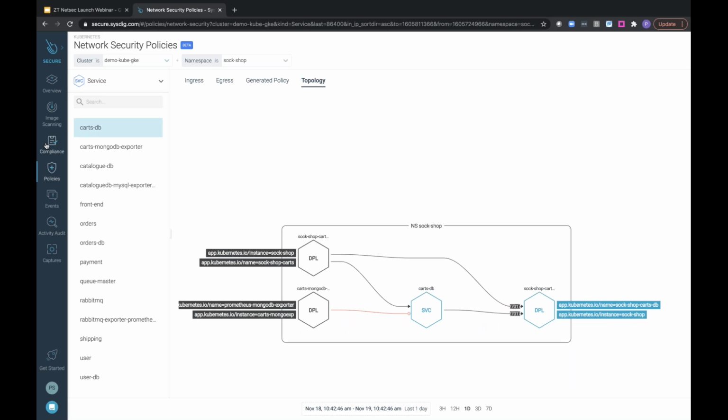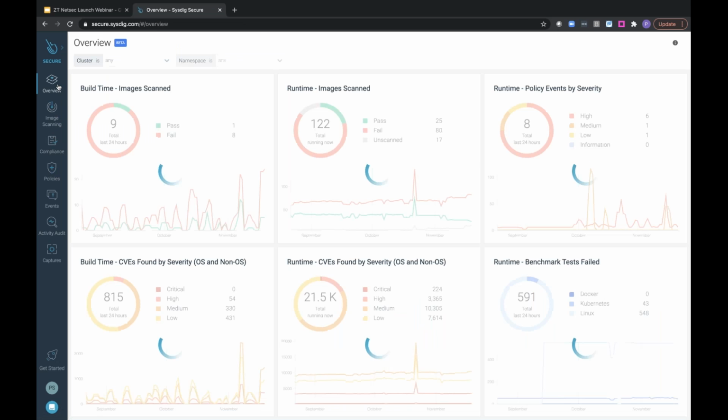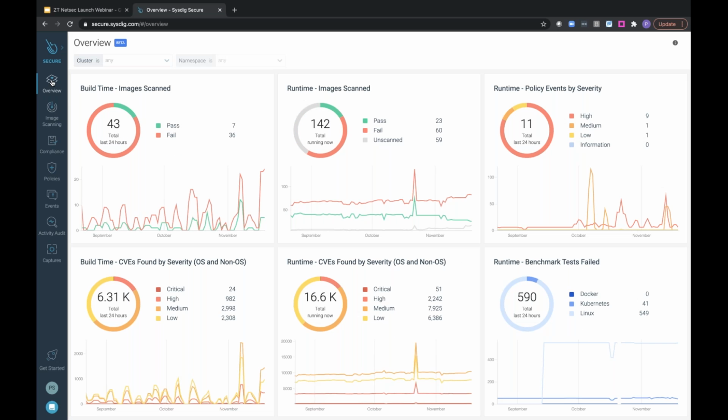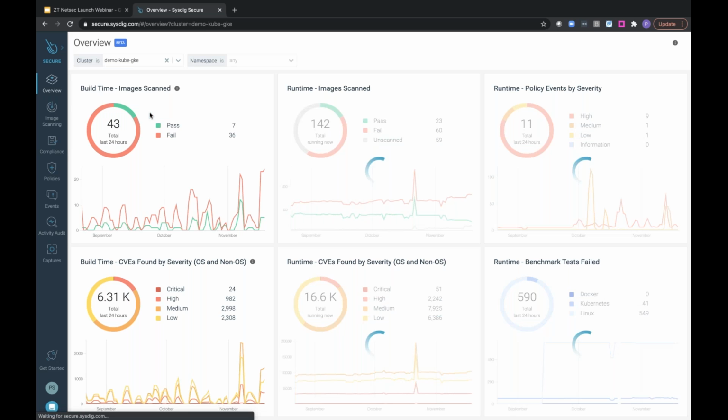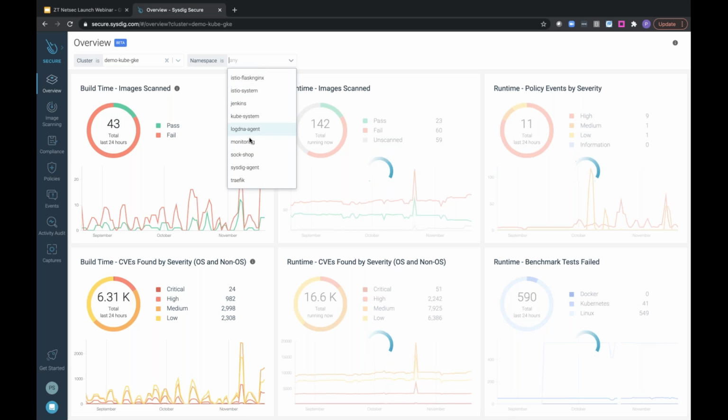And then as we step out of this, there are many of the use cases that we talked about. So just quickly covering those outside of the network security, I'll first jump into the overview page here. What this gives you is a macro level view of exactly what's happening across both build and runtime. So again, the same mechanism of being able to slice your data from any lens, where I'm seeing this at a macro level, but I can pick a specific cluster and then go again into the same sock shop just for consistency's sake,